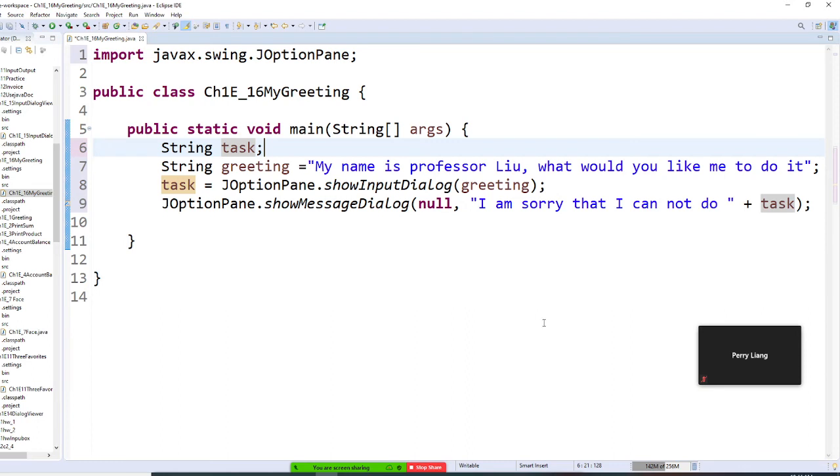In the future, you may have greeting 1, greeting 2, greeting 3, and if you use an if-else statement, in this situation I ask this, in that situation I ask that. And whatever they say pops out right here, in task. Then you say, I'm sorry, I cannot do that. Of course, this is an example. We should have an if-else: if this, yes, certainly my pleasure; if not, I cannot do that. So this is just a practice.